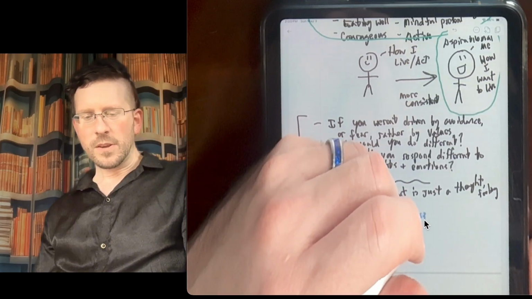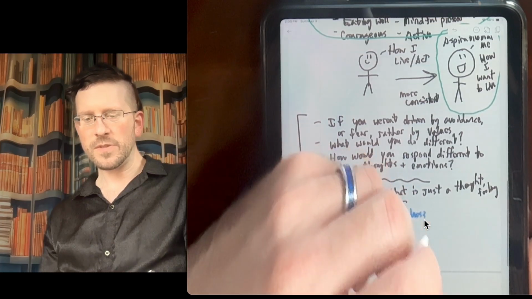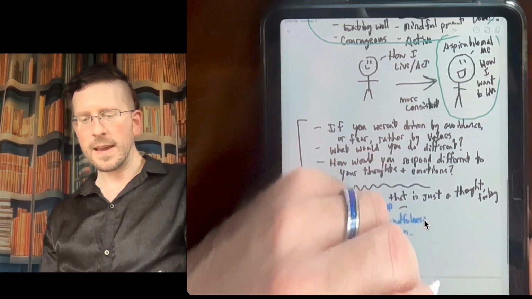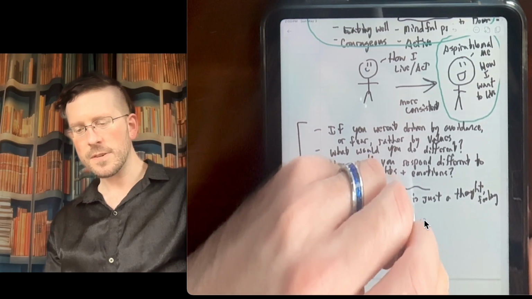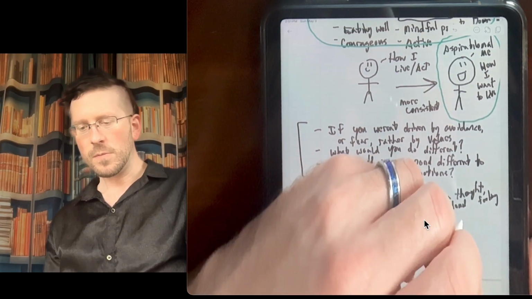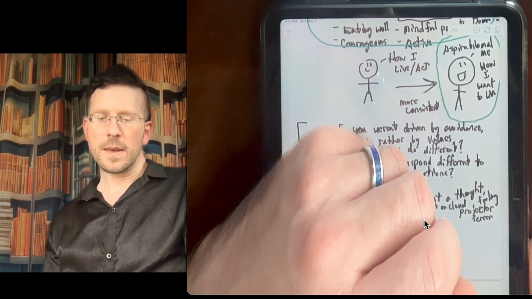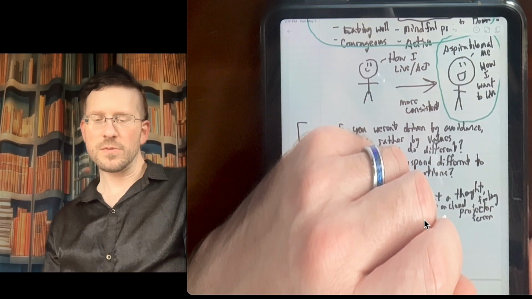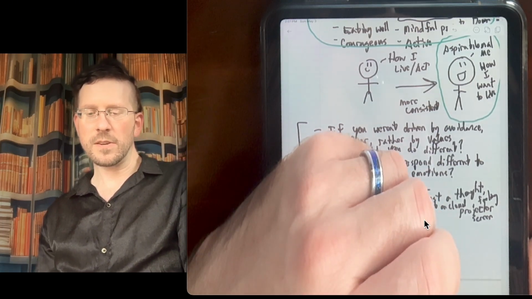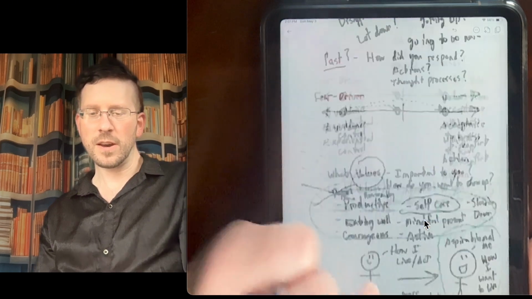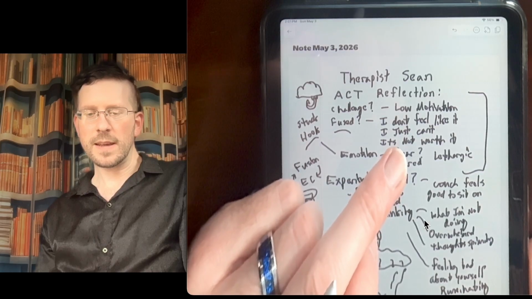And in my mind, this goes with the diffusion. These are very similar. I might do a diffusion thing to observe, and I like to have people do either putting thoughts on clouds. You might put a thought on a cloud. You might put it on a projector screen and just visualize that this thought is showing up. Just visualize like you're sitting in the audience of a movie theater, you're looking at the screen and you're putting the thought, I can't do this. I don't feel like doing this. I don't feel like doing anything today.